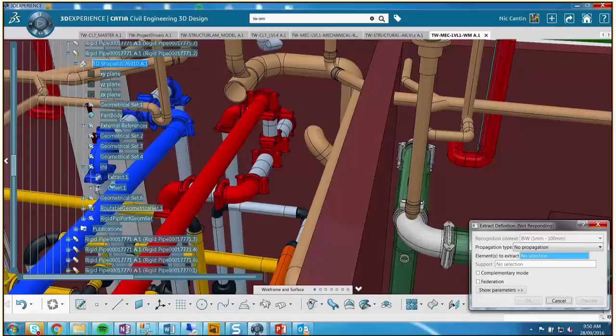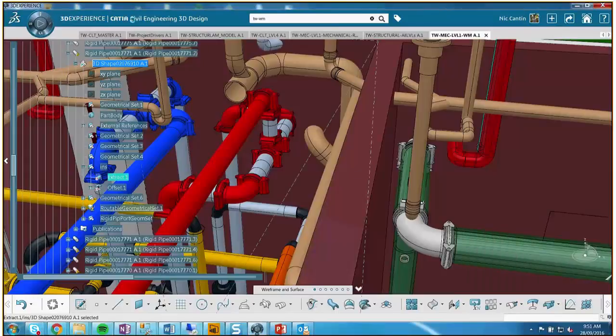So as a workaround, what we found is we can take this rigid pipe, and each rigid pipe is its own physical reference part. It's not a feature-based pipe like it was in V5. So what we can do instead is extract this routable geometrical set, which is the geometry of the pipe as well as the center curve of the pipe, and it also hosts all the individual nodes. And that extract will give us the volume or the surface of that pipe,